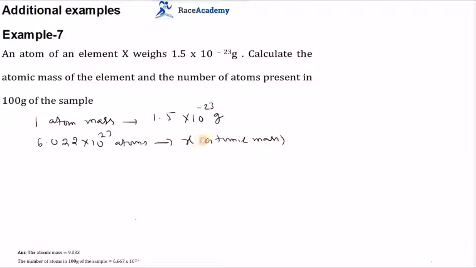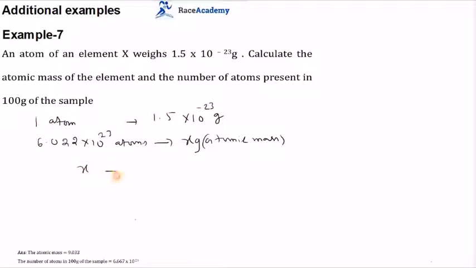Atomic mass of that element. So how many grams is the atomic mass? We are assuming x grams is the atomic mass of that element, which contains Avogadro number of atoms. But one atom is there. The one atom mass is how many grams they are given in the problem? That is nothing but 1.5 × 10 to the power of minus 23 grams. Okay. So if you cross multiply and find what is x.